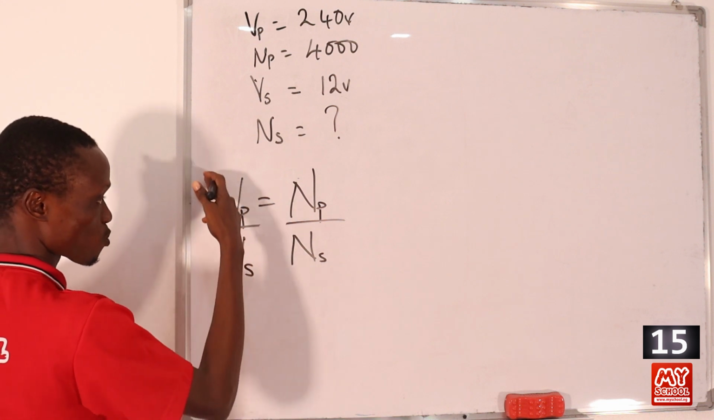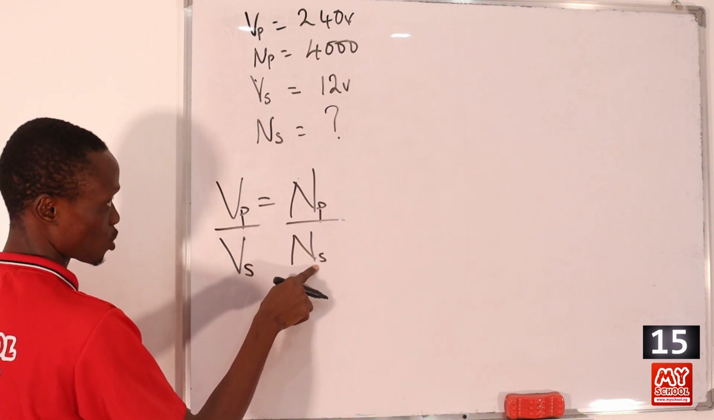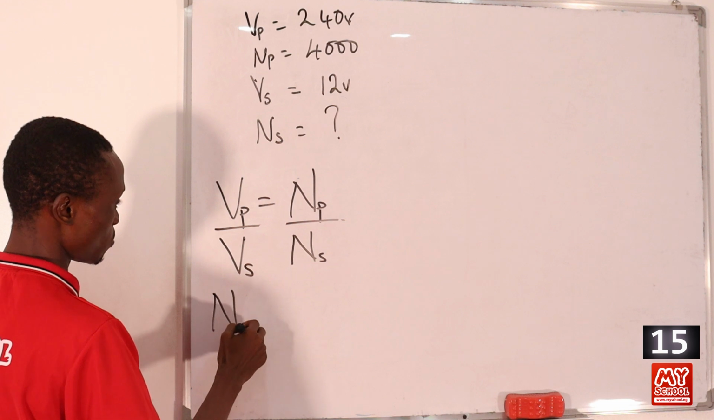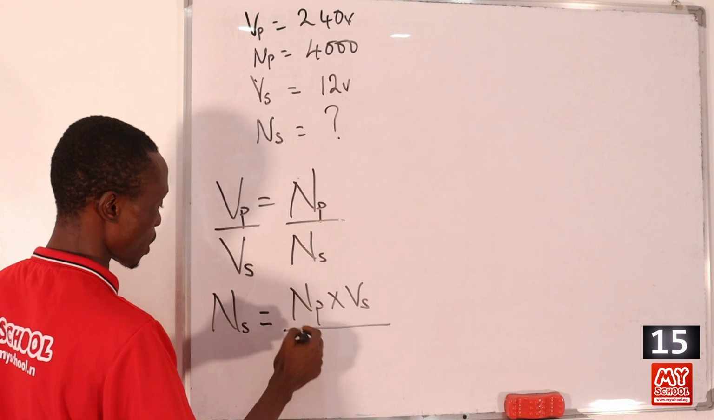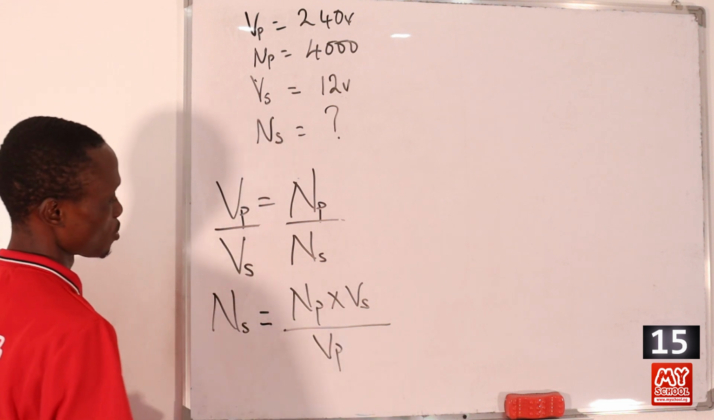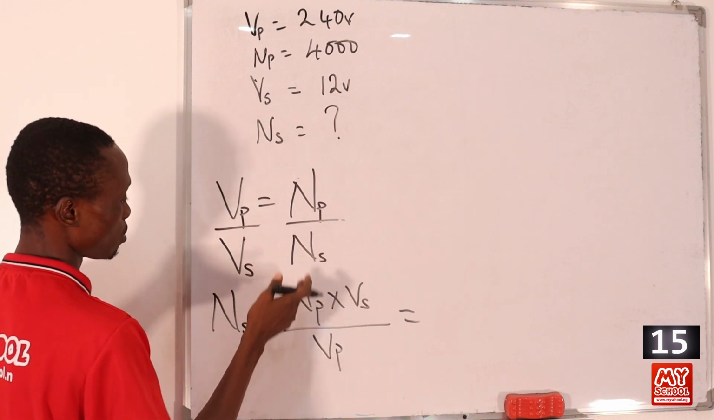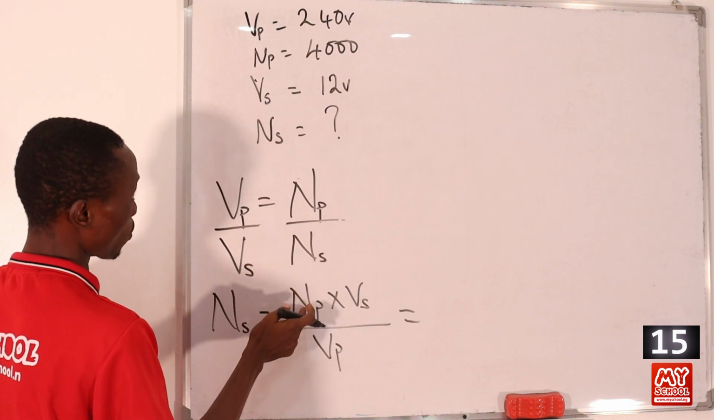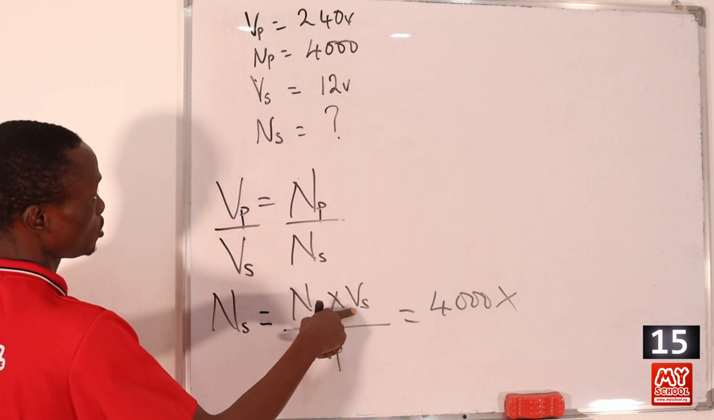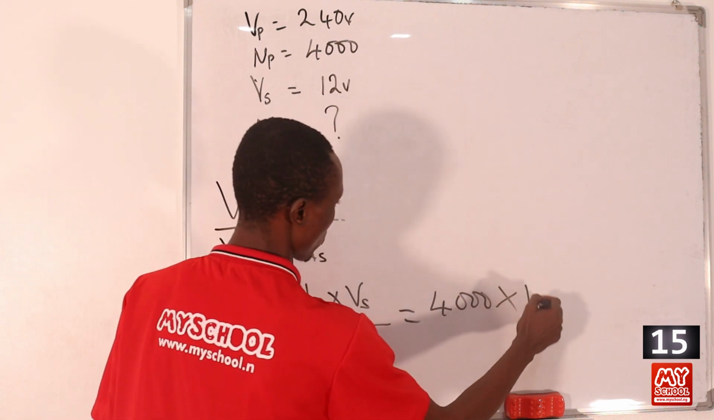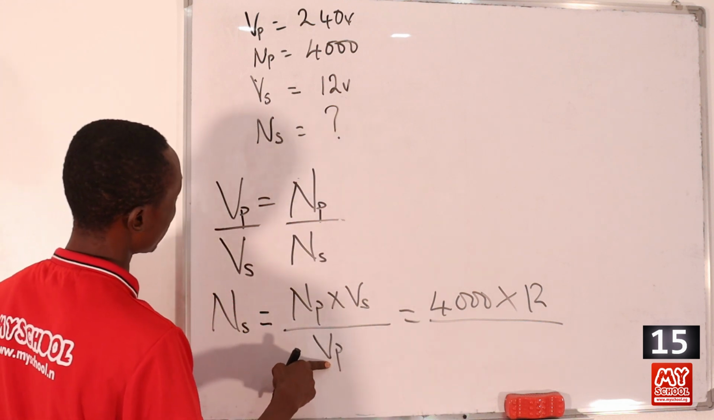Here in this case, since we have two fractions that are equated to each other, we just cross multiply to make Ns the subject of the formula. So Ns will be equal to Np times Vs all over Vp. Okay, so here we just substitute the values that are given to us. Np, which is the number of turns in the primary coil, is given to us to be equal to 4,000. This will be multiplied by the voltage in the secondary coil, which is 12, all over the voltage in the primary coil, which is